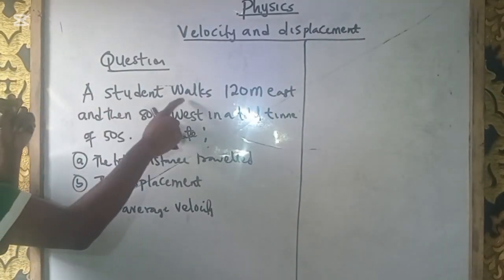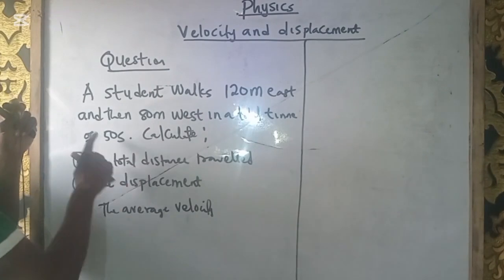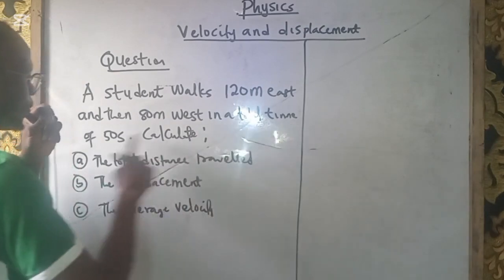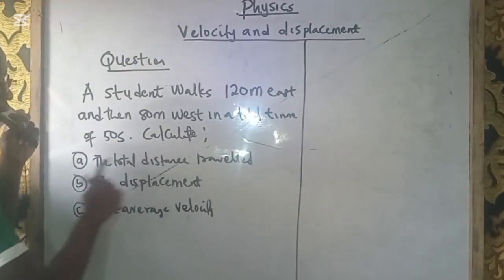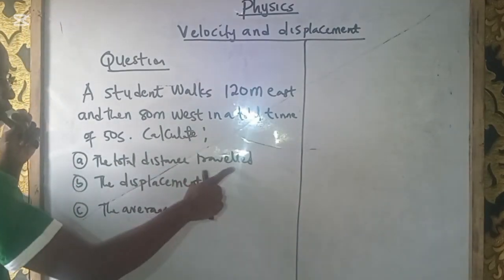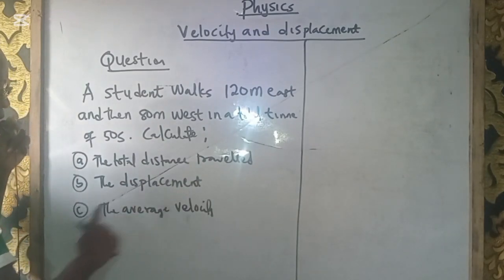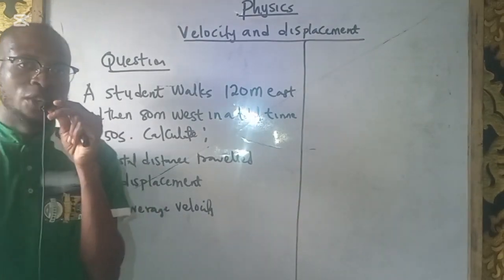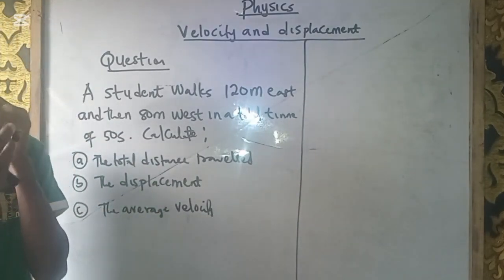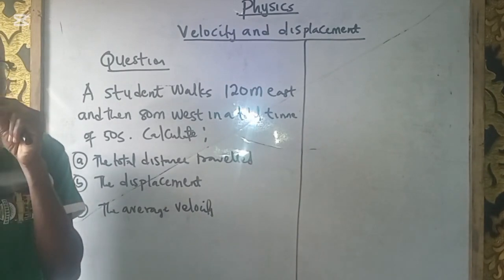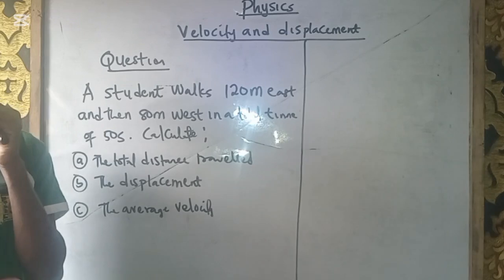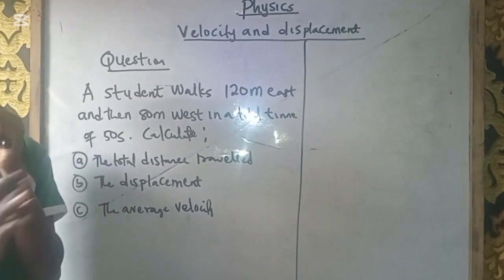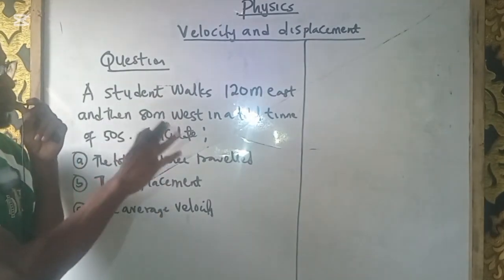A student walks 120 meters east and then 80 meters west in a total time of 50 seconds. Calculate A, the total distance traveled, B, the displacement, C, the average velocity. Now, this particular question entails everything we have been saying on speed, distance, time, velocity, and displacement. Everything is here. So that is why it's good for us to finalize this particular topic with this